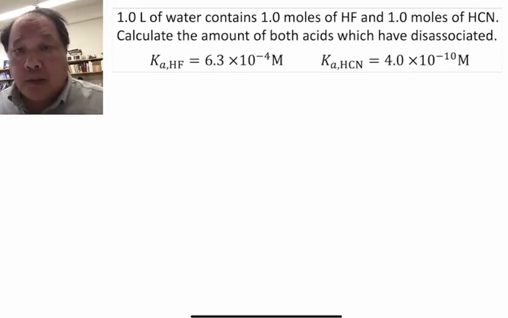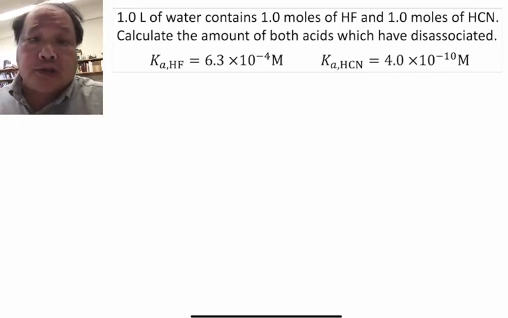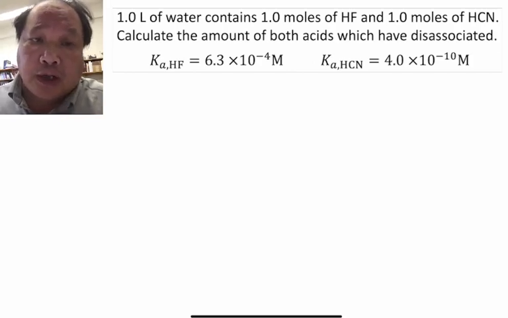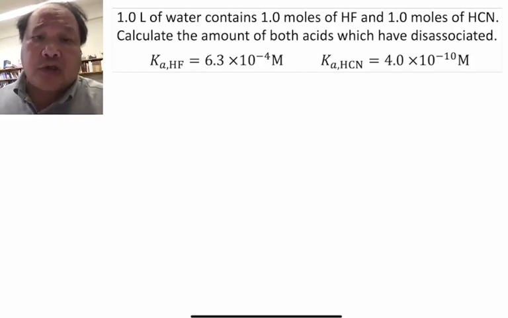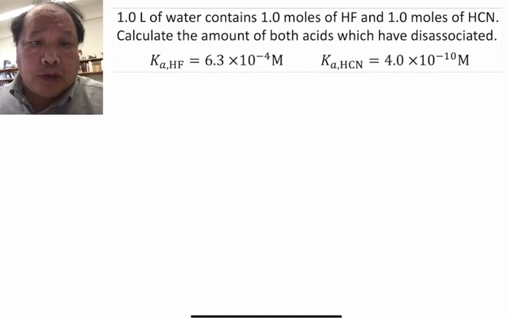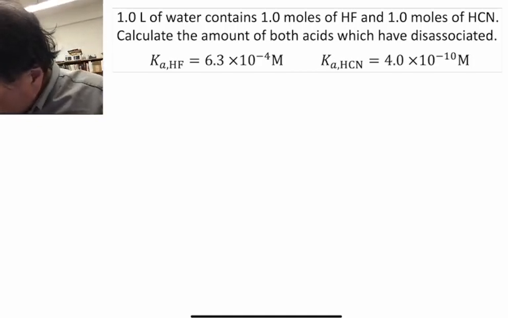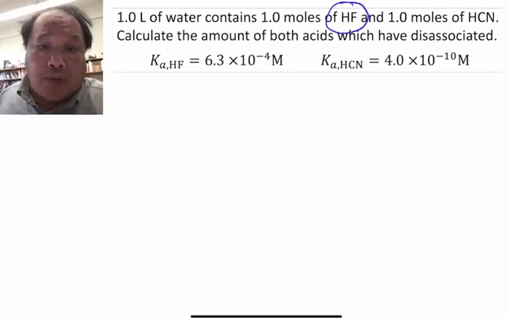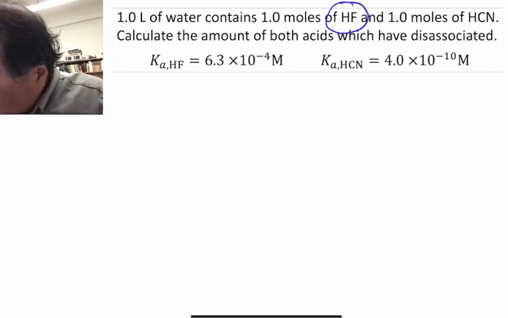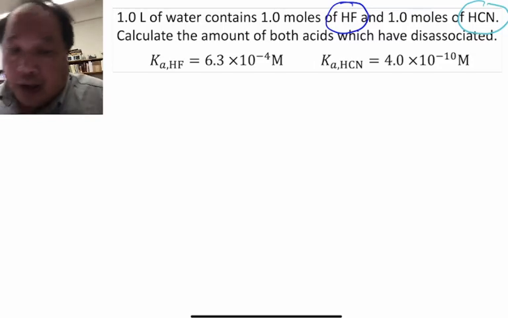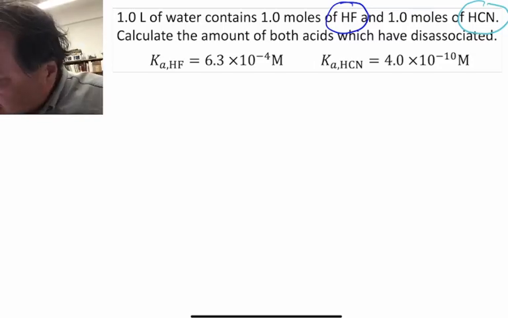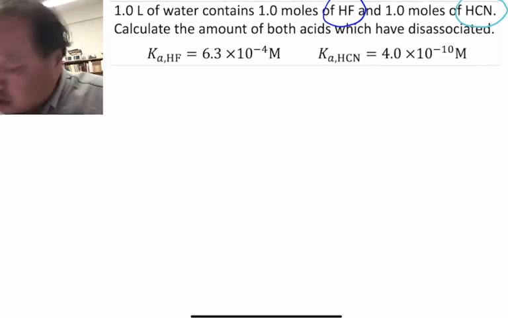Hi, in this video we're going to consider the situation of two acids. We're going to look at the following problem. 1 liter of water contains 1 mole of HF and 1 mole of HCN, and we're asked to find out how much of each of the two acids have dissociated,